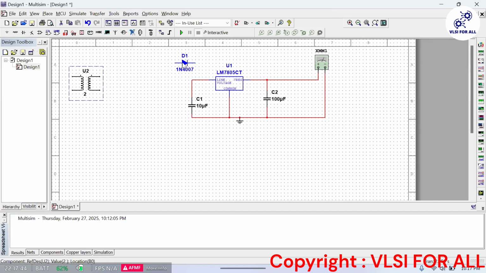We will come here, take one, copy, paste. Again, we will take both of them, copy and paste here. Then we will connect it first here. Then this guy to this guy, this guy to this guy, and then from here to here.